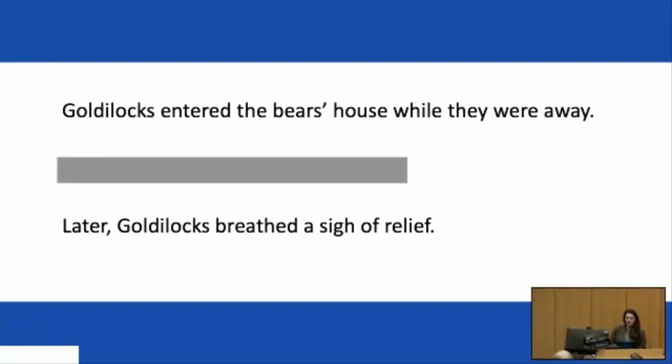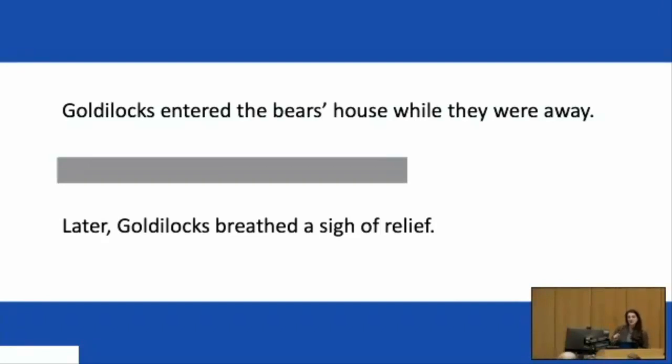So imagine if you had been mind wandering on the second sentence though. For instance, you missed the fact that she ate porridge, that she fell asleep. So if I ask you, why did Goldilocks breathe a sigh of relief, you might be confused, or you might be able to use some prior knowledge and heuristic processing to know that bears are dangerous. She did not come in contact with them, so she's still overall relieved that she did not meet the bear. So if I asked you a question about that, you'd still be able to answer it.